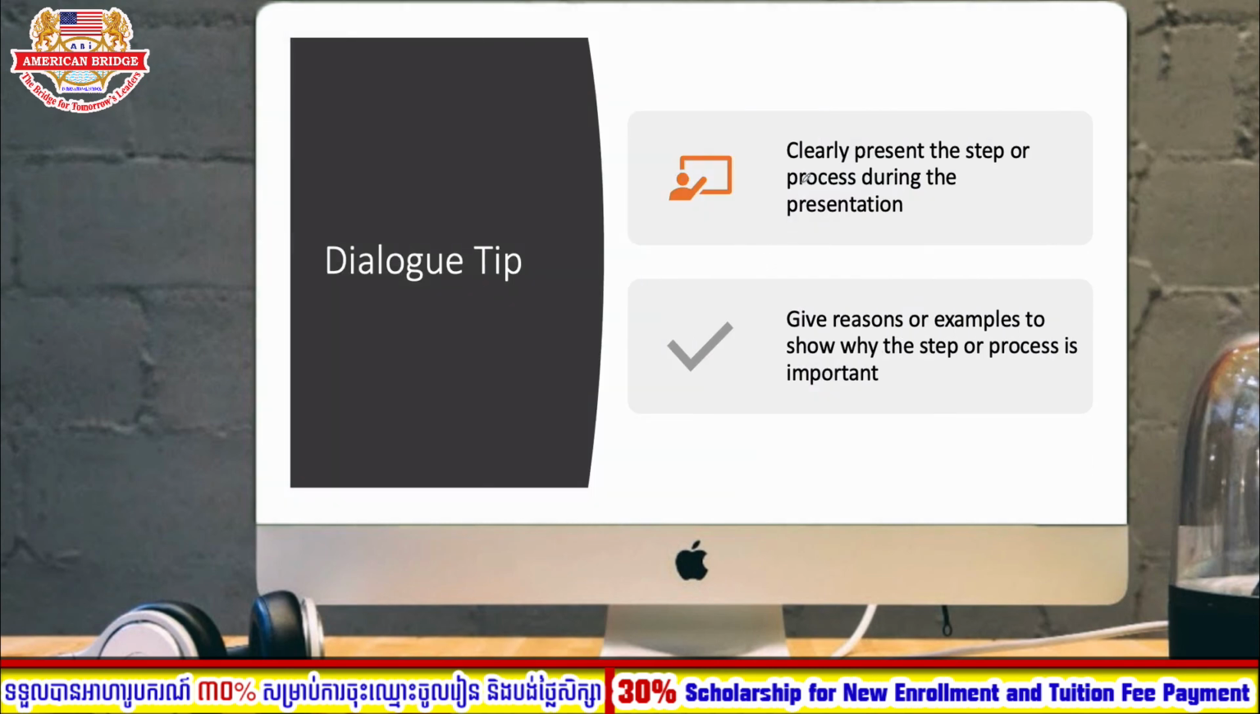So in the dialogue tip, the speaker presents the step or the process of doing something clearly, and then they give the reasons or examples to show why the step or process is important. You can replicate, you can copy this technique